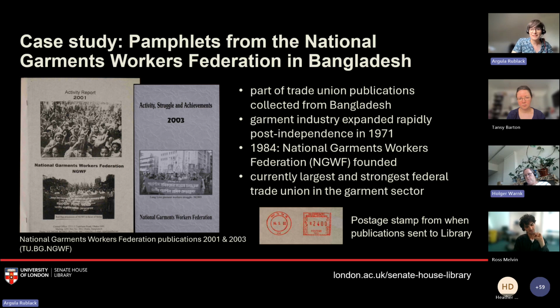This also emphasizes the somewhat sporadic nature of collecting that we're dealing with here, though. There was a heavy reliance on close connections with parties, unions, and pressure groups who donated materials to us, and at times we may have a large volume of publications for one country or organization, but on some we may have less. So while the union was active for several decades before and after the early 2000s, the collection only has these two works. Even if the collections aren't necessarily comprehensive, much can still be glimpsed even from a small segment of the ephemera collection, such as this.